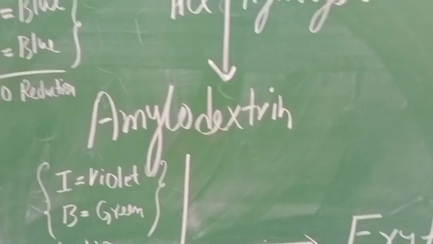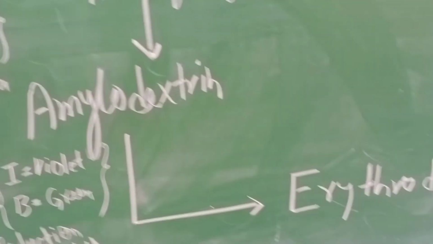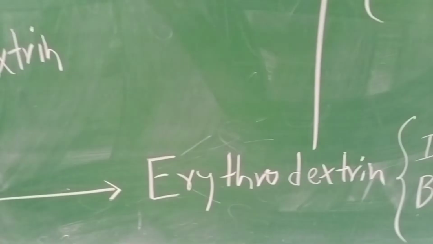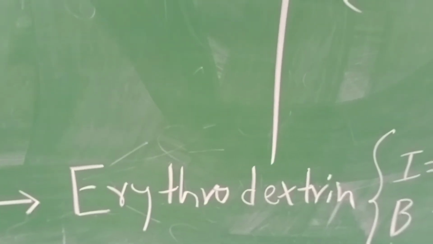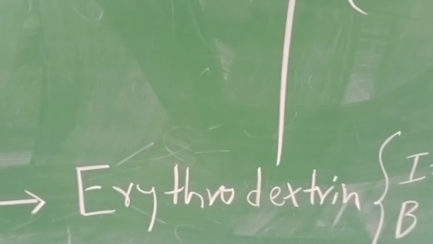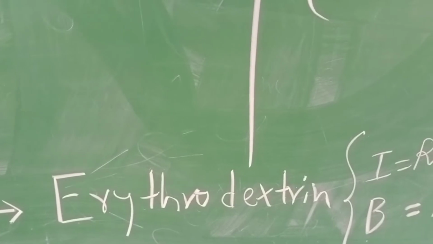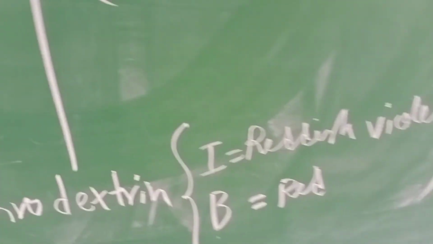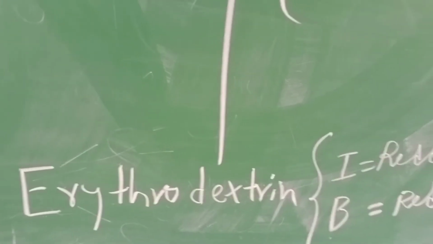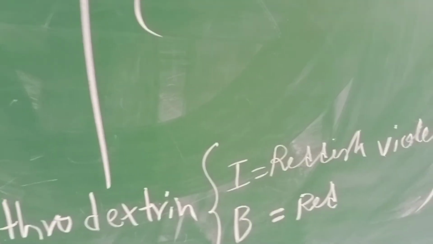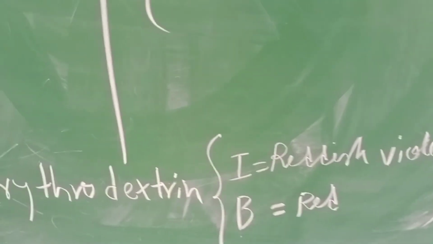So once the hydrolysis begins and the reaction progresses further, the next intermediate product, the second intermediate product, is the erythrodextrin. So erythrodextrin is the second intermediate product after the amylodextrin, and this product can be confirmed again with the help of iodine and the Benedict reagent. When the erythrodextrin reacts with iodine, we are getting a reddish violet color. So this reddish violet color will confirm that our reaction is in progress,